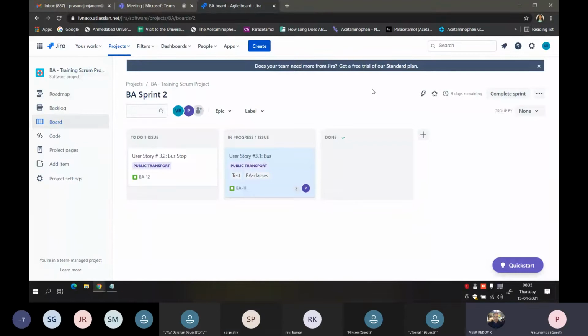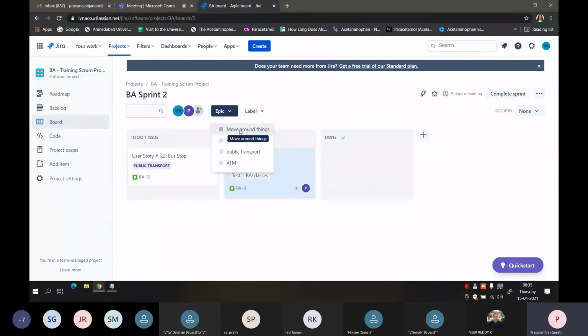Yes. Thank you. So if you can see, there is one issue in To Do, and because I moved it to In Progress, it is automatically moved to In Progress. Because there are only single ones, you're not able to see. But basically, if there are multiple issues, you can simply scroll this page down and everything would be shown over here. And even inside the sprint, if I select the drop down of epic, you would be able to see all the available epics over here.